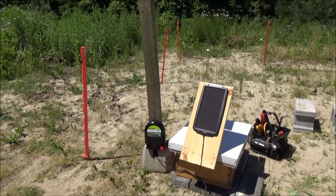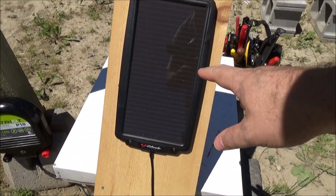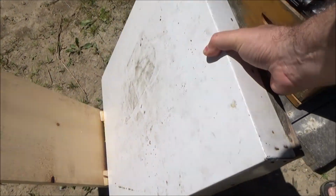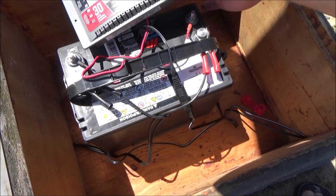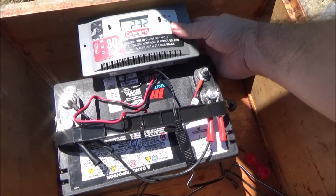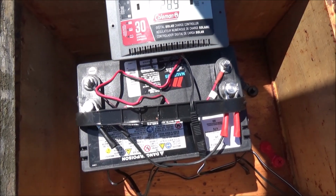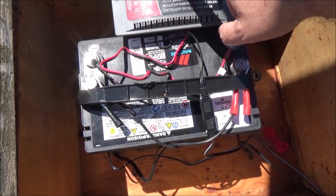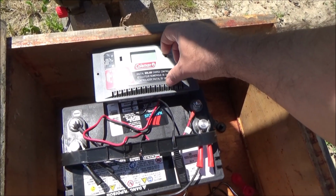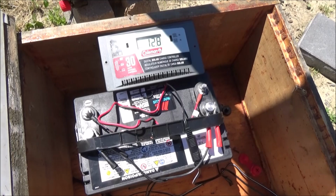I've taken 5 days of intense YouTube schooling to become an electric fence expert. But this is what I got here. I've gone with a solar powered system. I'll do this with one hand and not break stuff. Gone with a 12 volt deep cycle marine battery and a controller here to make sure that the solar cell doesn't overcharge the battery, right? So you can see it's pumping out lots of volts right now. If we switch it over to amps, that means the battery is not currently being charged, so it's at 0 amps right now. So battery itself is doing great. That's more what the voltage I would expect to see. I don't know why I was up that high before, but